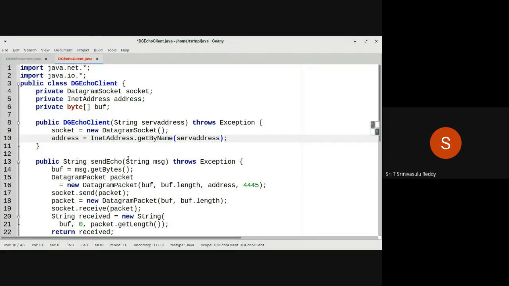So this is a constructor mechanism to create a socket and know the address of the server where it should be sent.